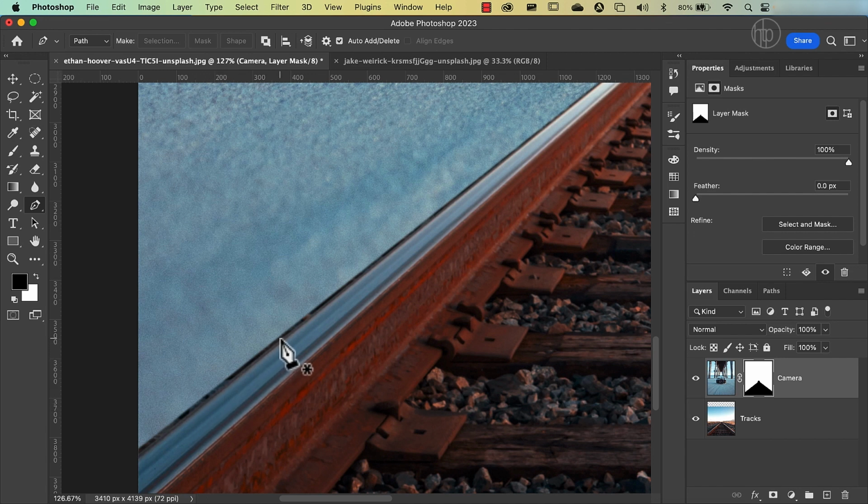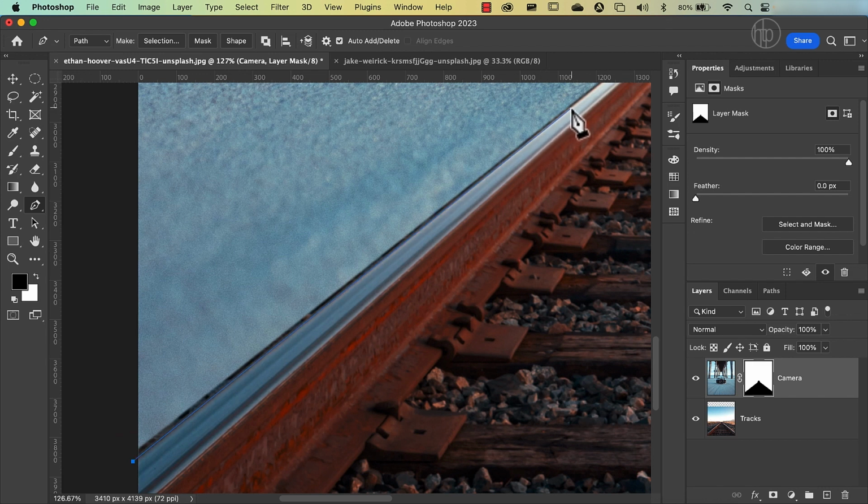I leave it in here. I pretend it's on purpose, but I leave it in here just to show that your selection may not be 100% perfect. So let's fix that mask by clicking on the mask, grabbing our pen tool, and making another path. So just click outside of the canvas here and make sure that your rubber band or your path